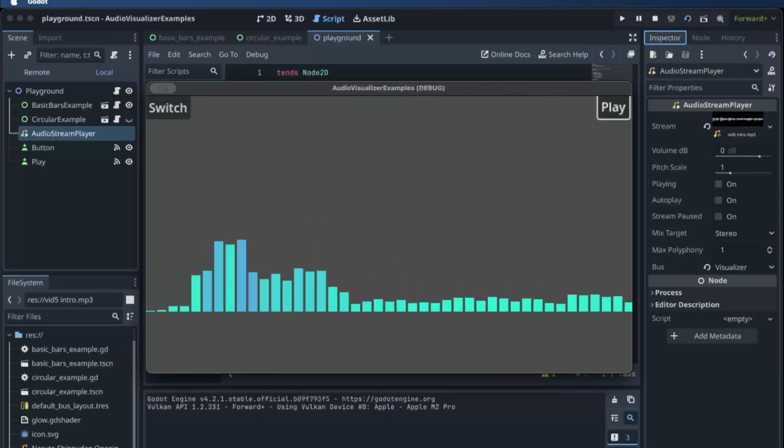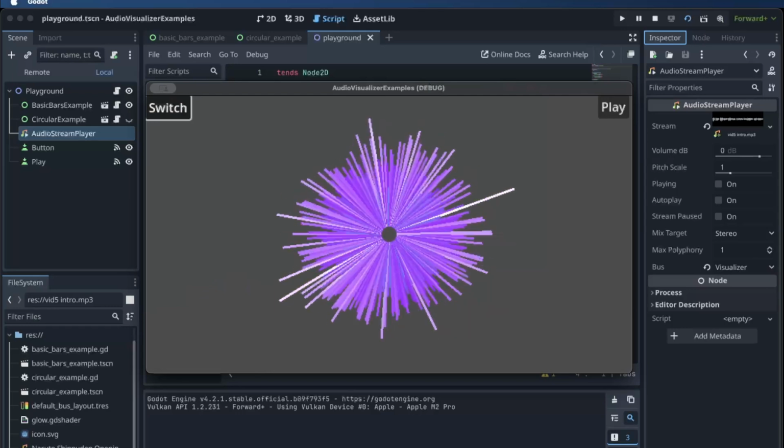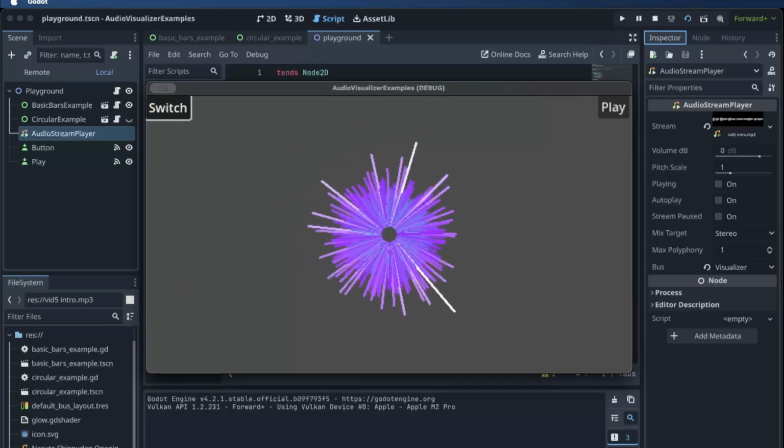Visualizing audio in Godot, how it's done, and why you may want to do it for your own games. I'll be briefly going over why and how I did it, and the potential use cases I've been thinking of